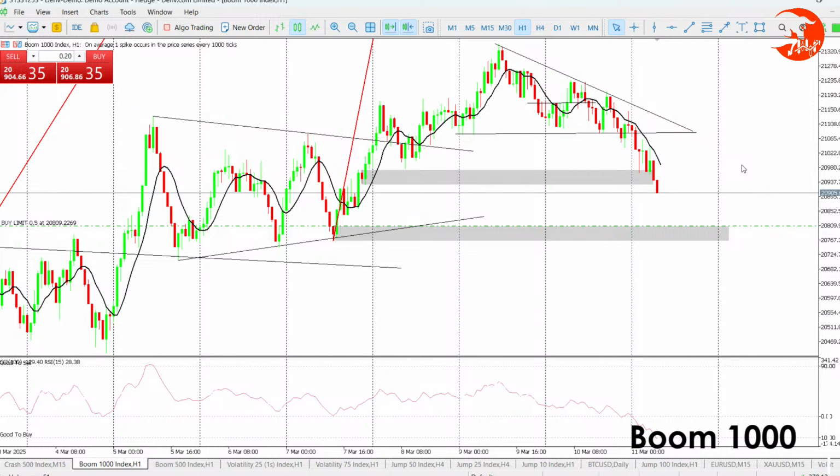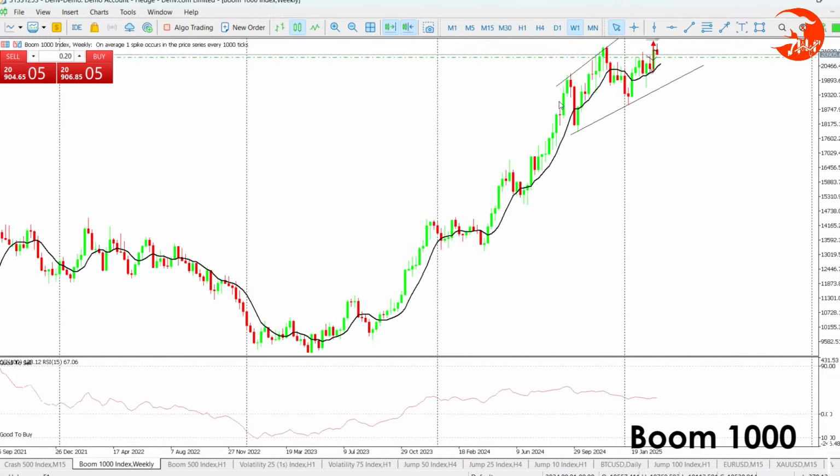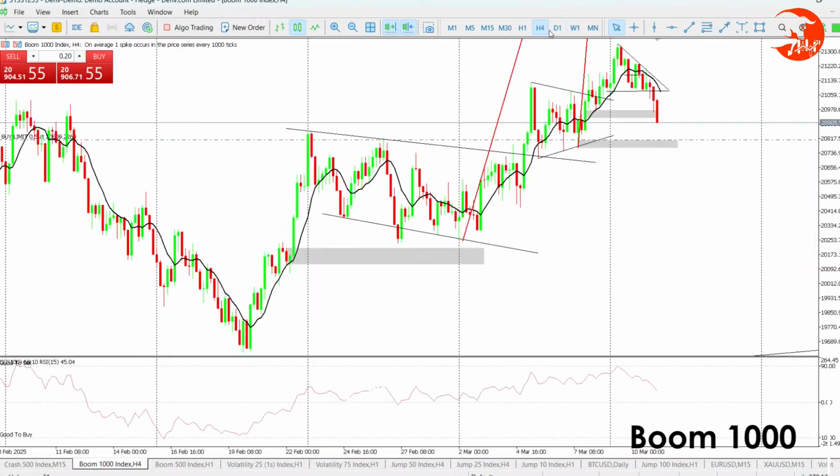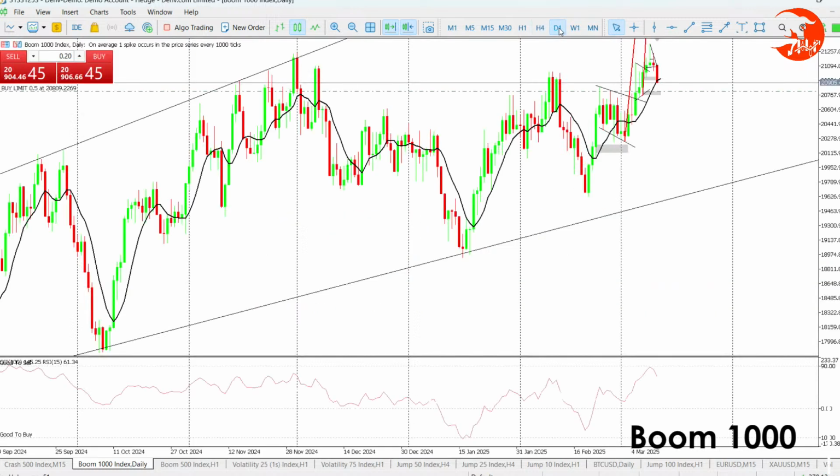First go to weekly. We are looking for buys according to weekly. According to daily, it's just a retest after the breakout structure, right here, right there. It's just a retest. So now that we know it's just a retest,